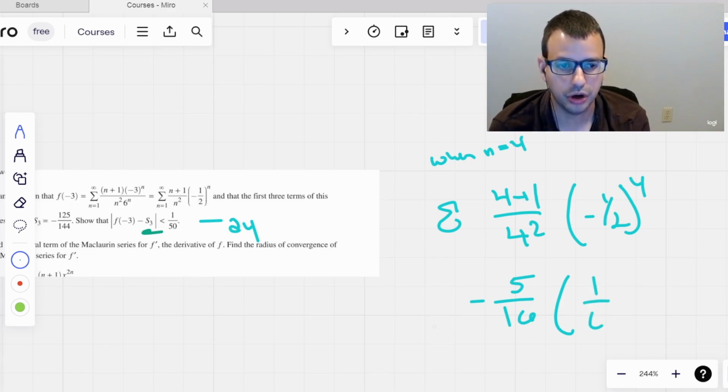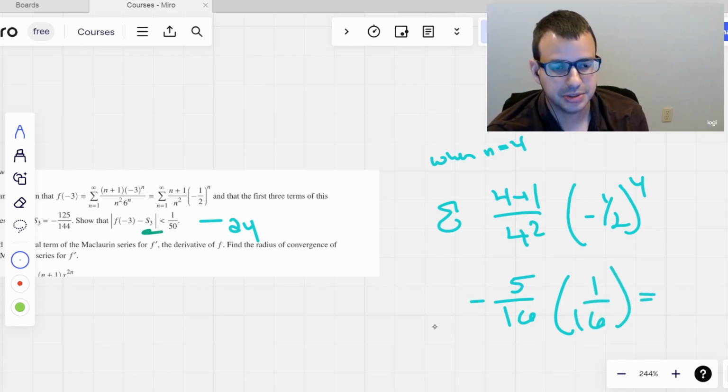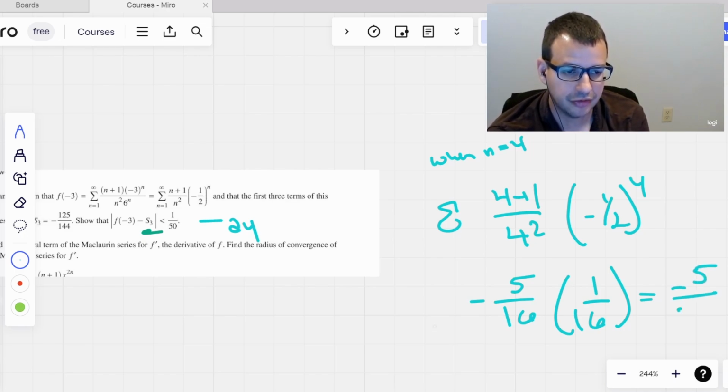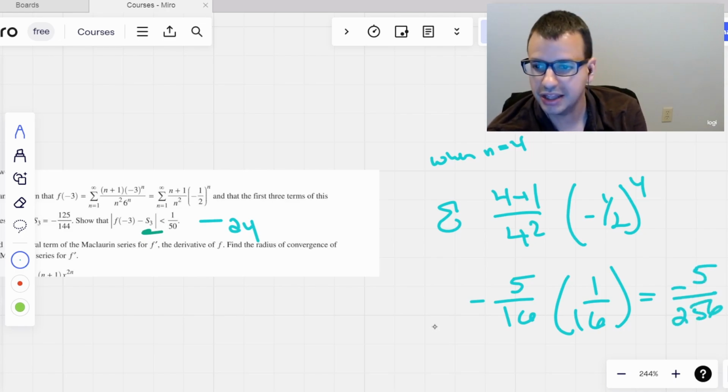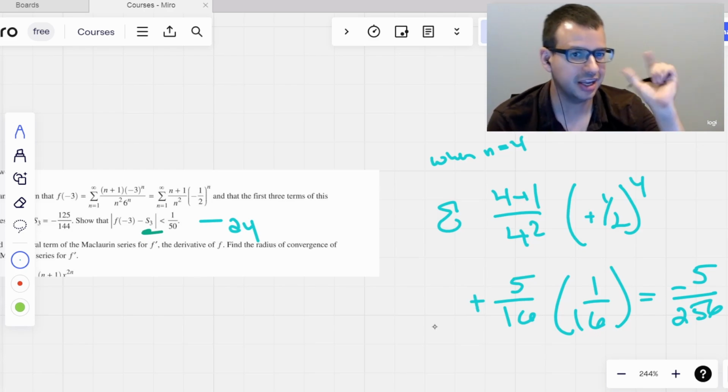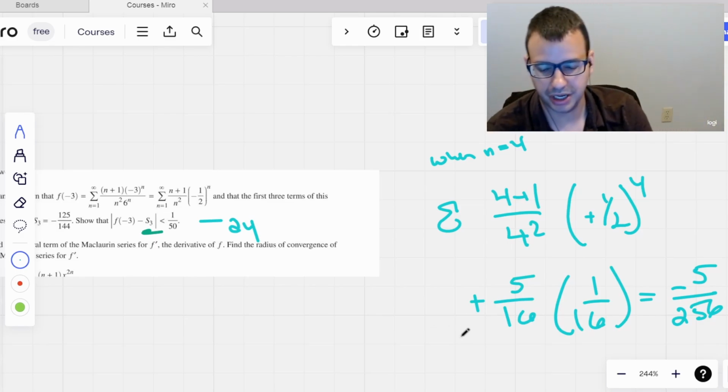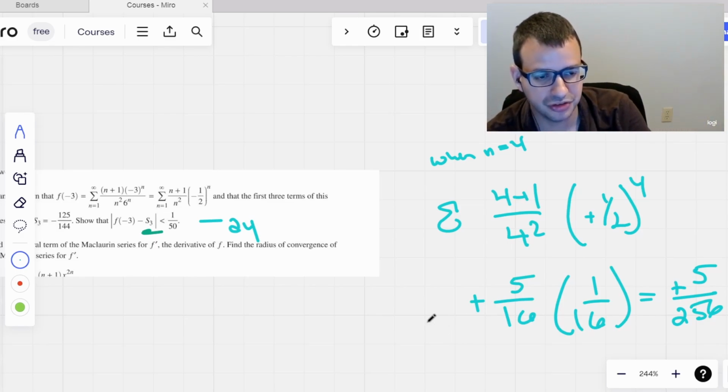So it's going to be 1 over 16. 16 times 16, that's 256. So this is negative 5 over 256. And all they care about here is the absolute value. Oh no, that's positive. I took the negative out. I should not have, because it's negative to the 4th. It will be a positive value. So it's 5 over 256,